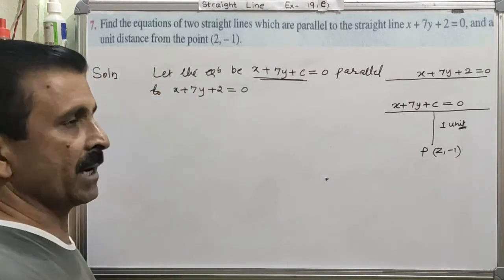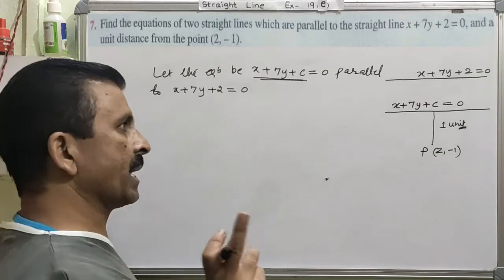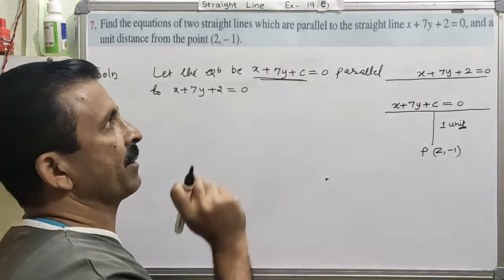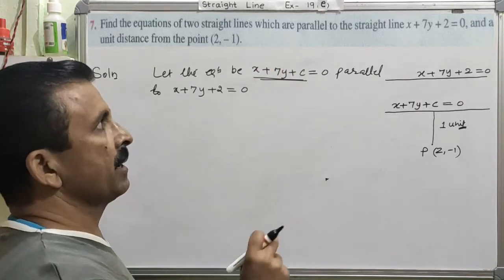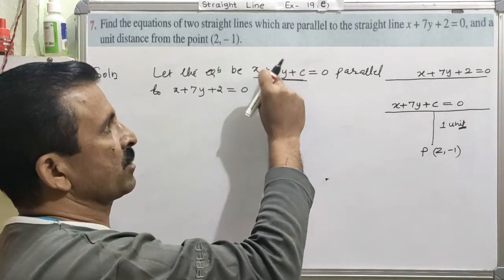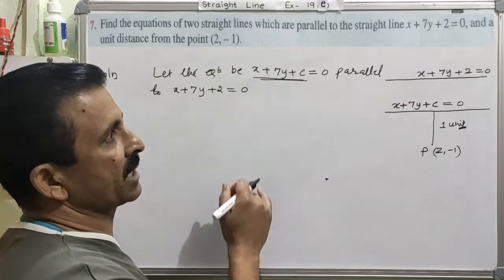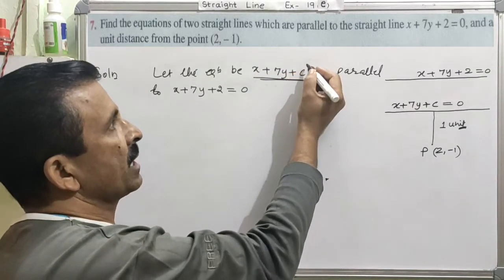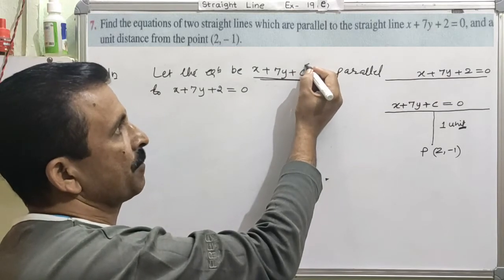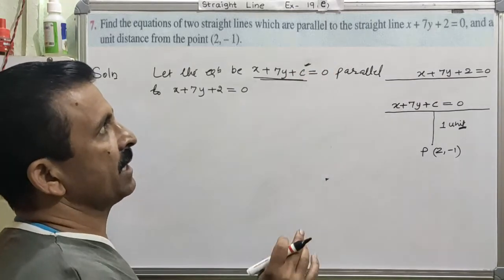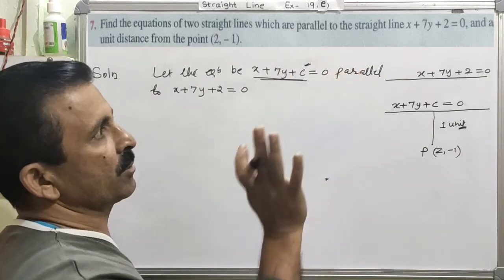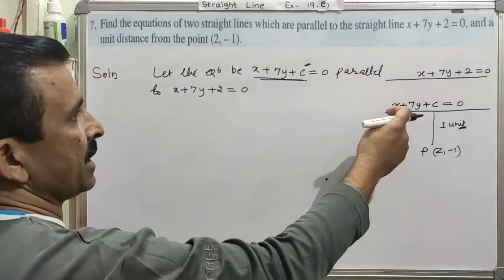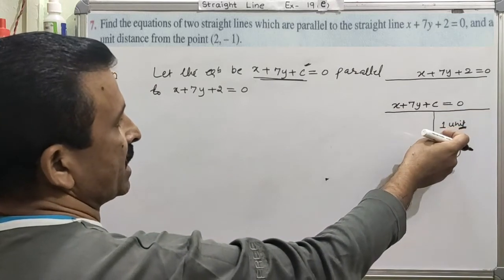So the question is to find out the two equations. We can get the two equations by completing this. This is our assumption. This is the equation that we have assumed. Clear? So this has to be completed. As soon as you complete this equation, you will get the two equations. In order to complete this equation, the only part which is missing is the c. So by calculating the value of c, you will be able to get the equation of your line.